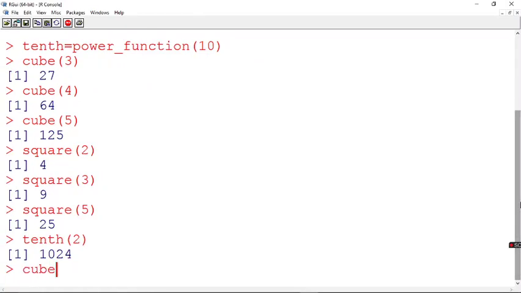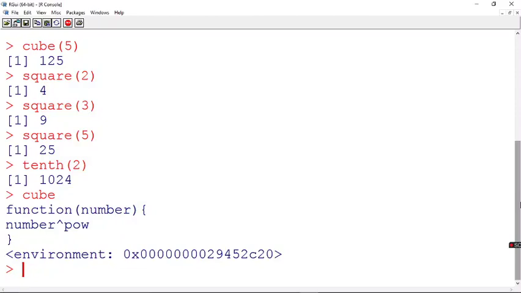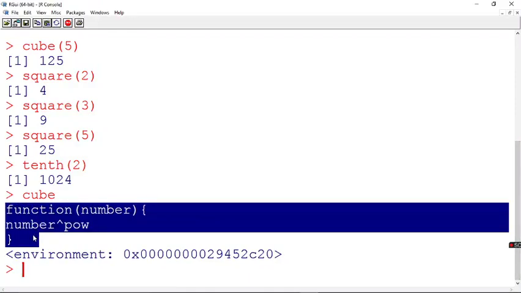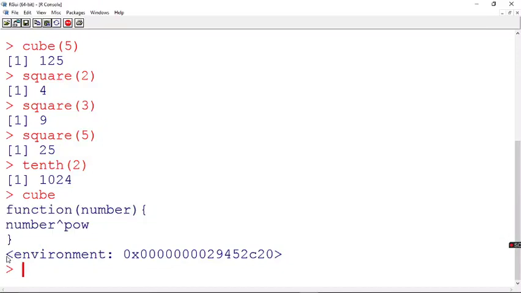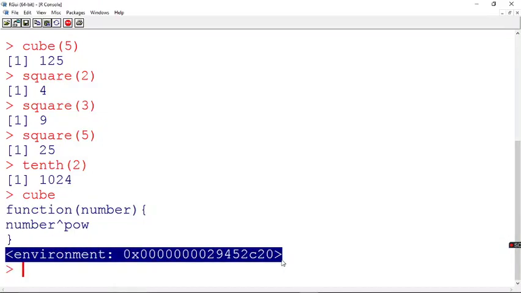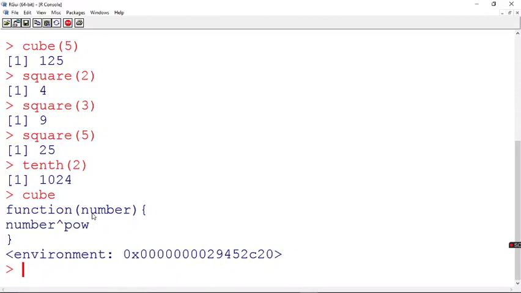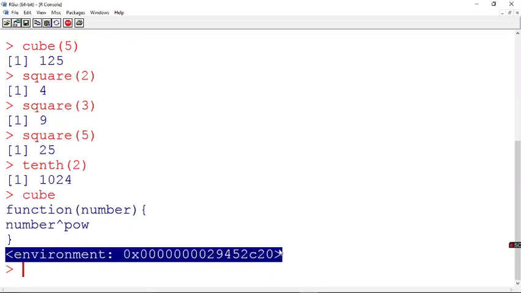When you just type cube here, you will get to know what the function is and what the environment is. See here, I just typed cube. I have not given any input and pressed enter. You can see this function there and it has some environment. So what does this mean? It means that for this particular function cube, everything which is created within it is going to be stored within this environment.